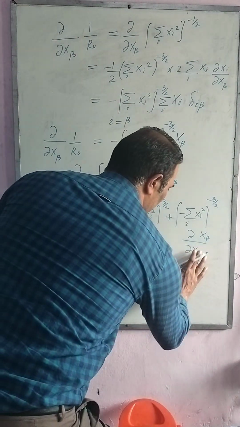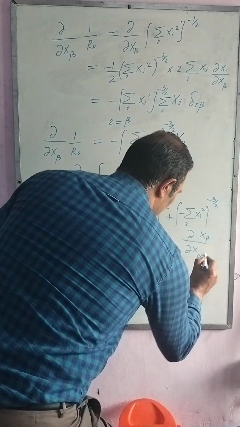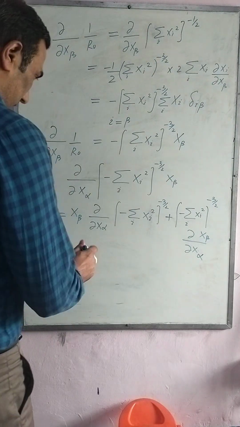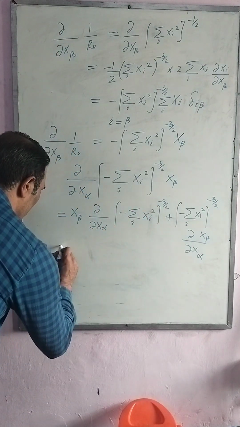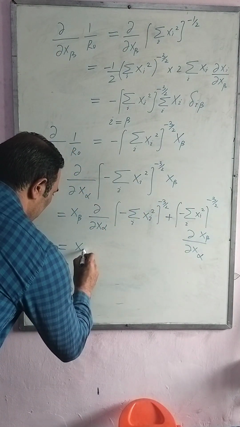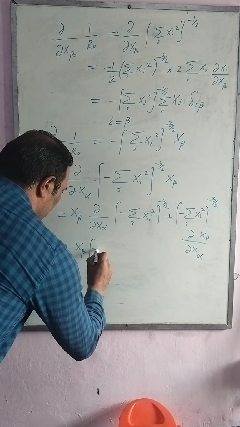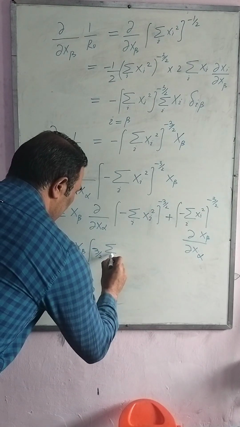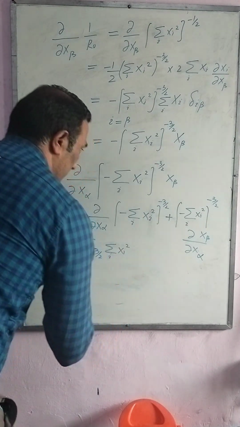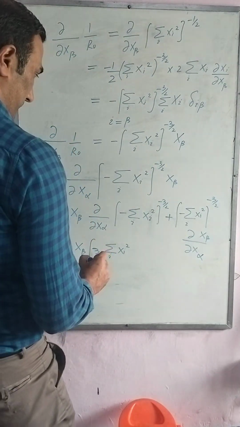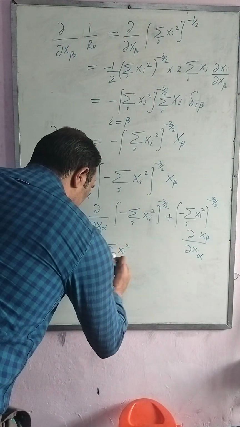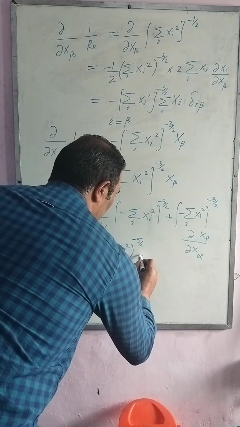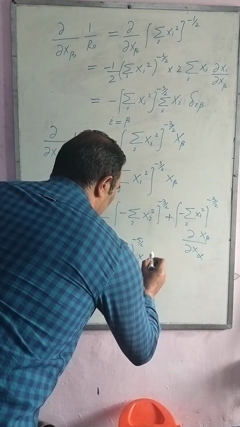Sorry. So this alpha here. Huh? This alpha is this alpha. So let's first evaluate this term. So here this will be minus 3 by 2. You can add that x beta, minus, it is plus 3 by 2 summation i square, okay, raised power minus 5 by 2, right,